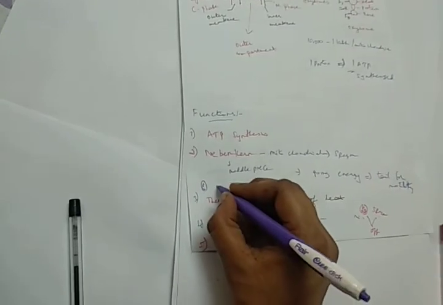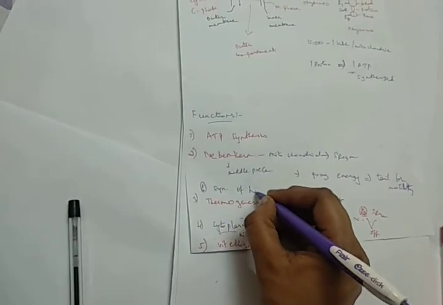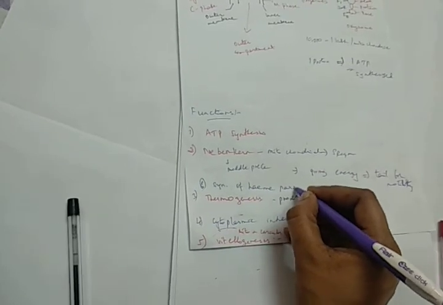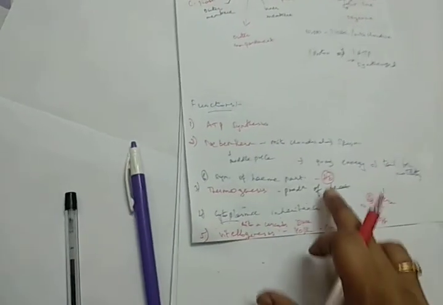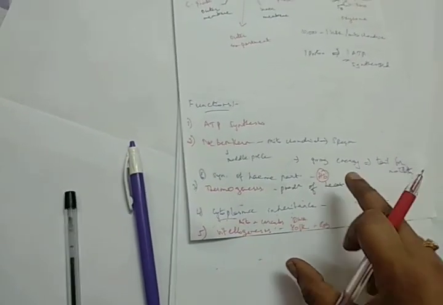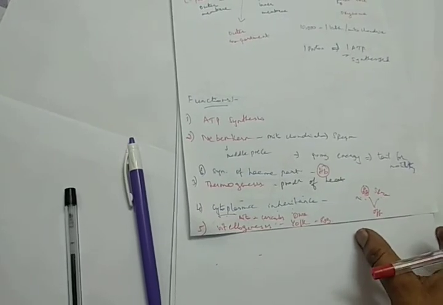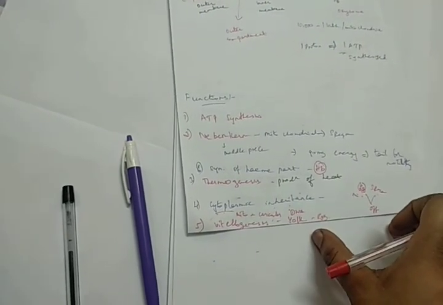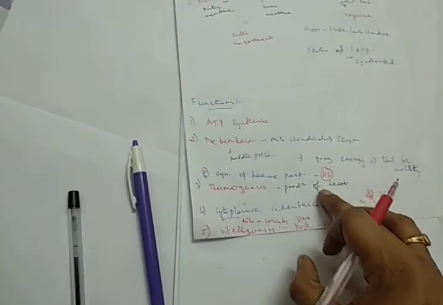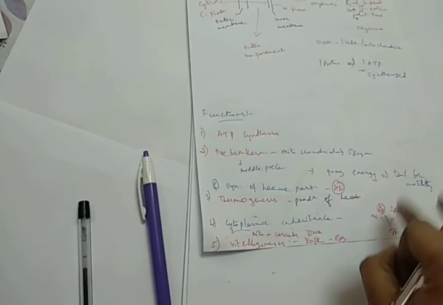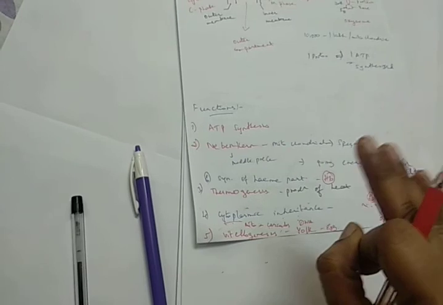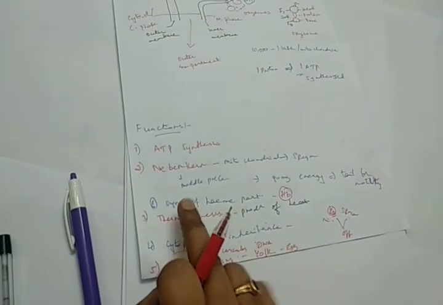That is the synthesis of the heme part. Heme refers to the presence of hemoglobin. Hemoglobin consists of two parts, heme and globulin. Globulin is the protein part, and heme contains the iron. There also the mitochondria help in the synthesis. So these are the major characteristic features: the ultrastructure, the functioning, how ATP synthesis takes place, and also the functions of mitochondria.